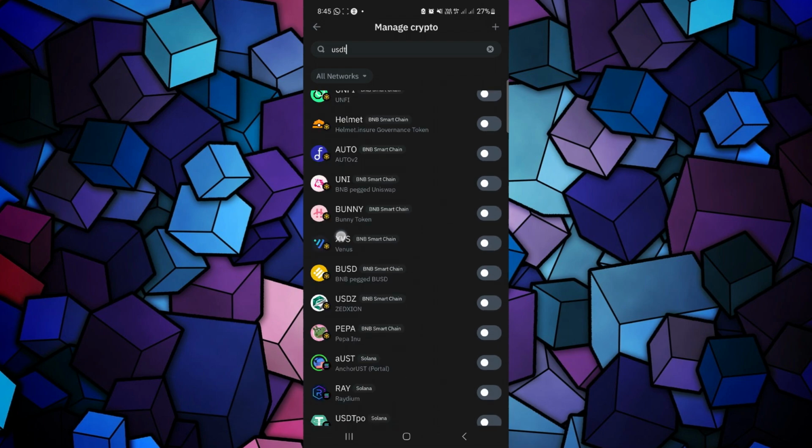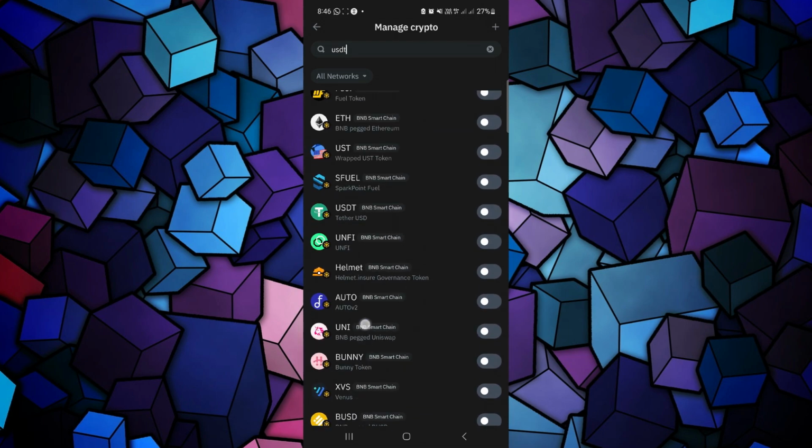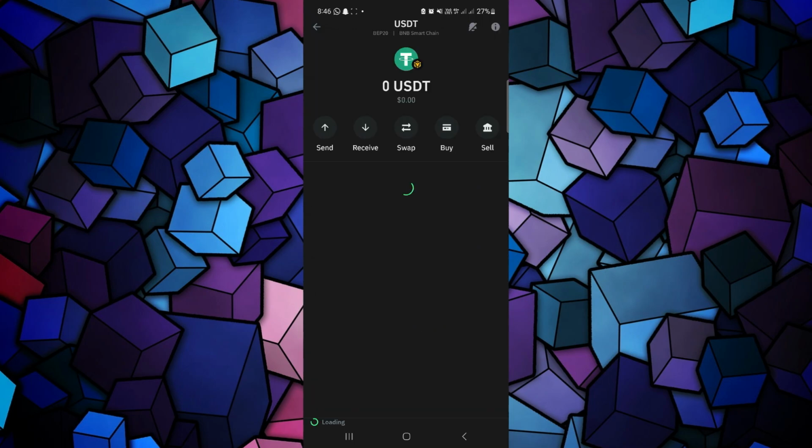If you scroll down a bit, you will be able to get USDT based on the BNB Smart Chain, which is BEP20 network. So in order to add it on the home page, you just have to turn on the toggle button right next to it. Now, once it turns green, it simply means that you have successfully added it on the home page of the